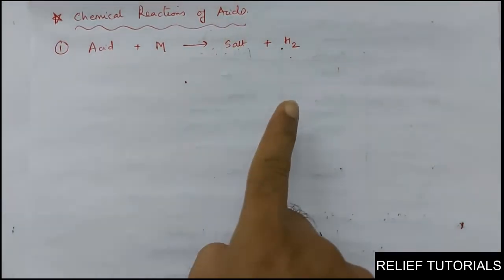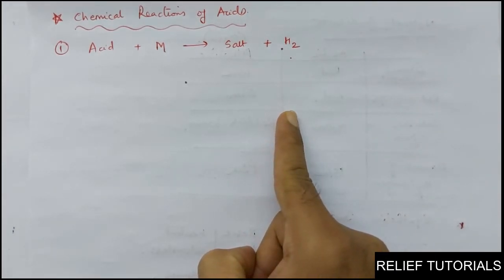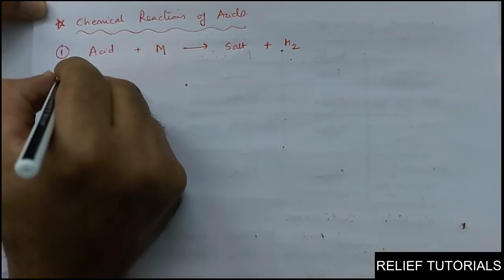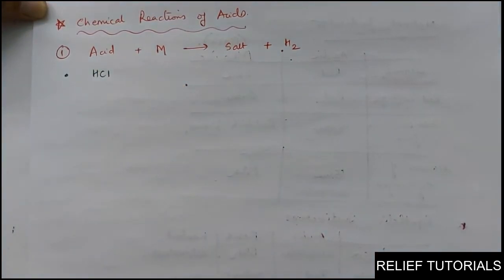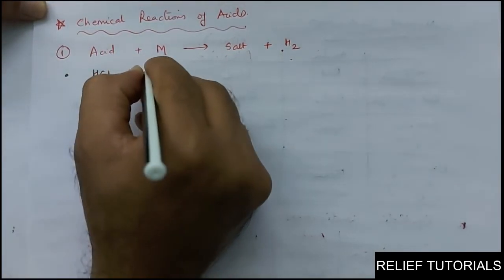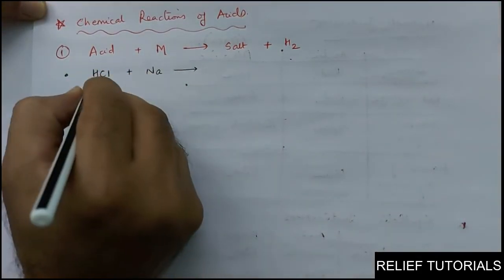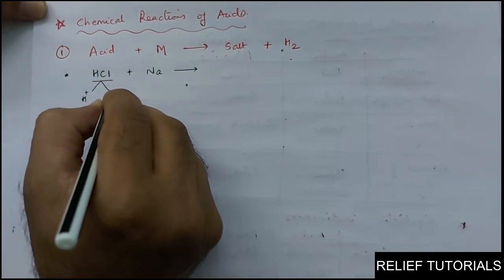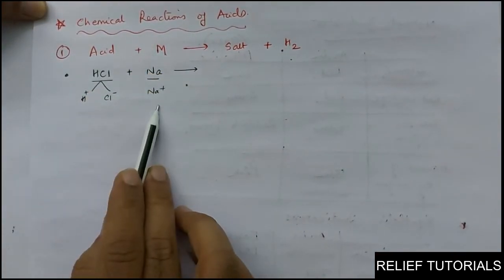So this is the structure of the reaction, that any acid when it reacts with metal forms salt and hydrogen gas. Now let us write the examples regarding that. First example, let us say acid as HCl, our favorite acid. Hydrochloric acid reacts with one of the metals called sodium. So we know that this HCl has the ions what? H plus and Cl minus. Sodium is Na plus. See, these ions I am writing for your information.